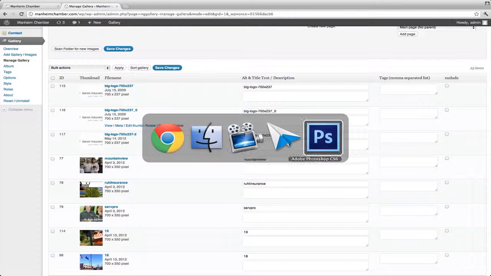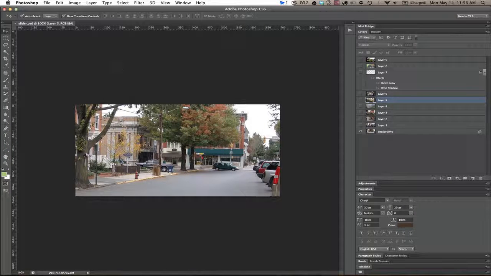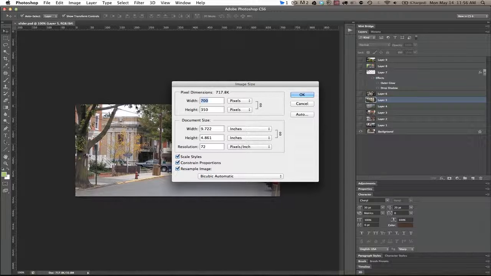So what I'm going to do is swing over to Photoshop. I already have a slider document made, which I'll email over to you. This is basically the template that I use. The image size is